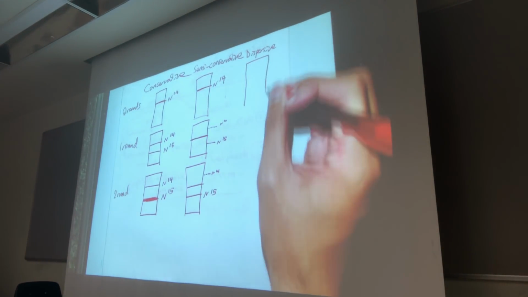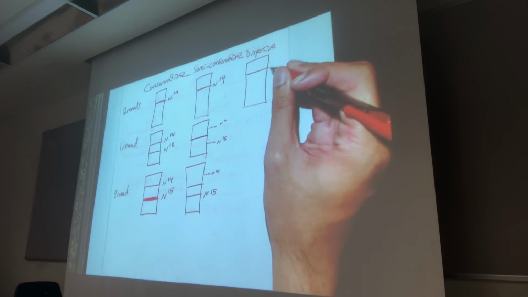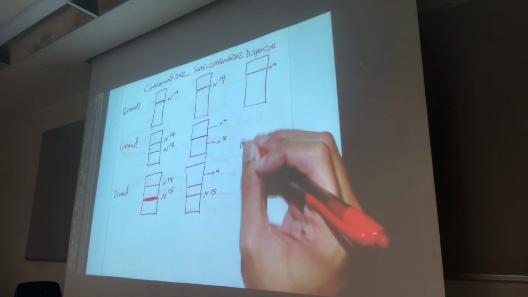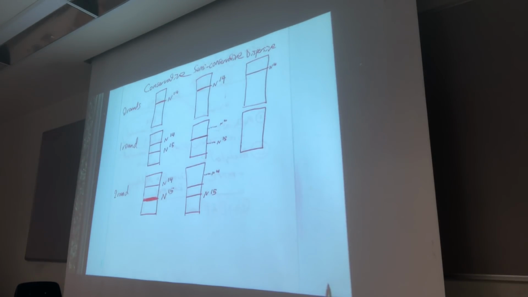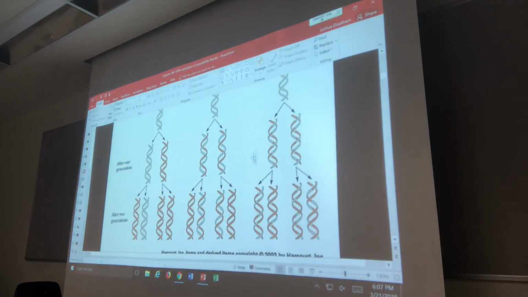Dispersive will start the same way as everything else did. 1 band of nitrogen 14. And sometimes this one's a bit hard to explain, but I'll try my best. Dispersive replication, remember, is when you shatter DNA into pieces and you put them back together. When you put them back together, you create hybrid DNA again. And in fact, this ratio, although it's kind of hard to see, is still 50% nitrogen 14 and 50% nitrogen 15. So you do still create hybrid DNA with dispersive replication.